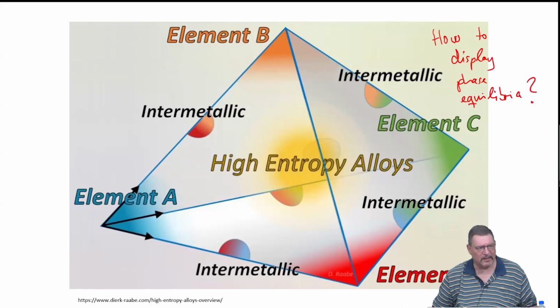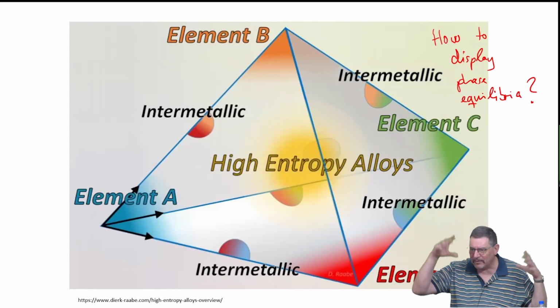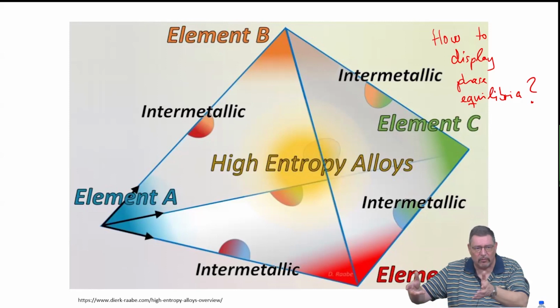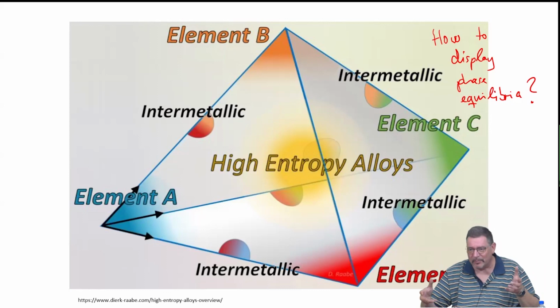how to display phase equilibria, because you know from binary systems we are used to have a sheet of paper, A, B, and then you see the phase diagram. For ternaries we get different cuts through the prism, which is the phase diagram, but going to higher and higher number of constituents, it gets more and more complex, and we don't want to walk around carrying some object.